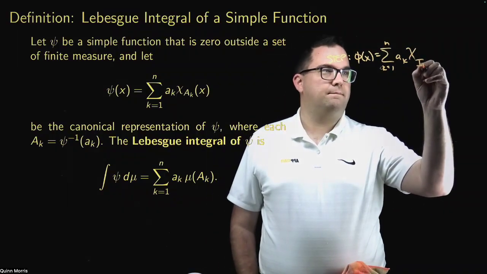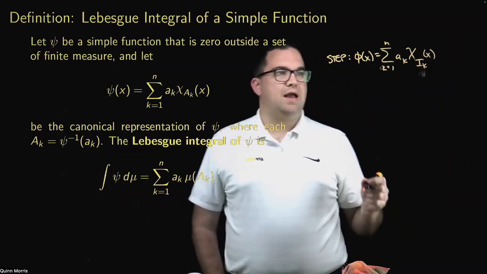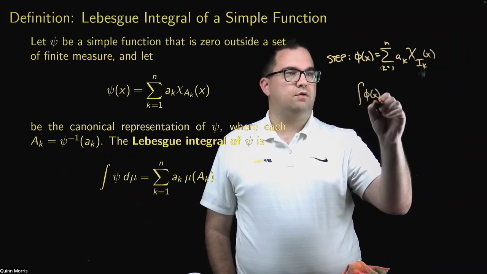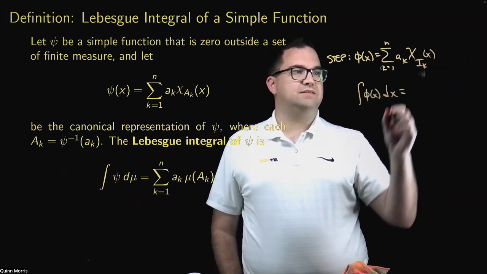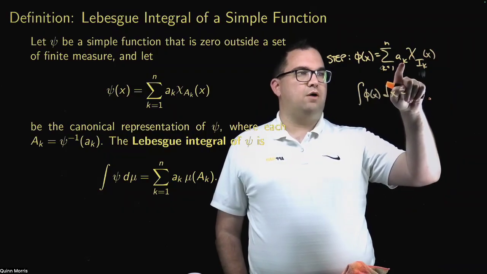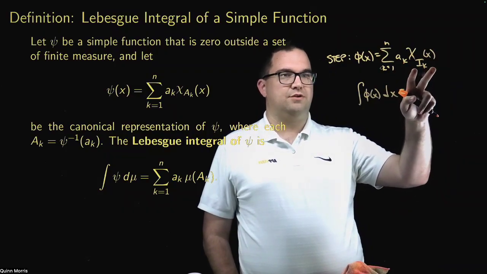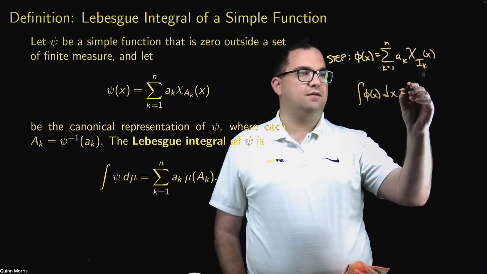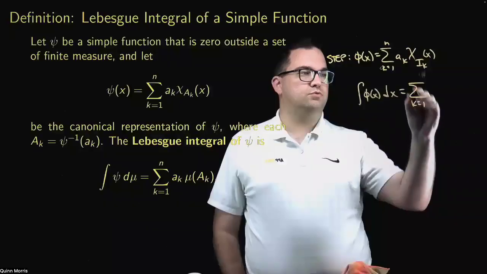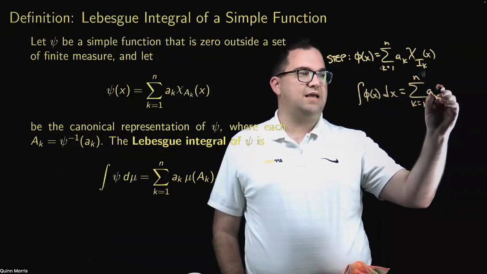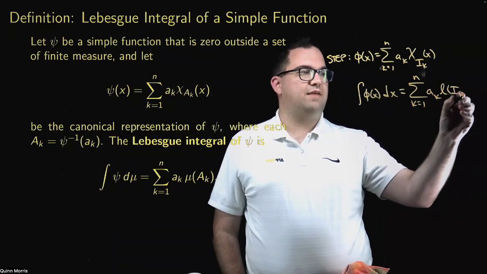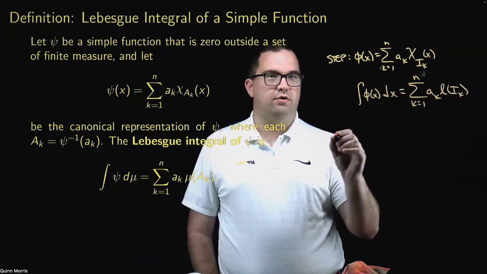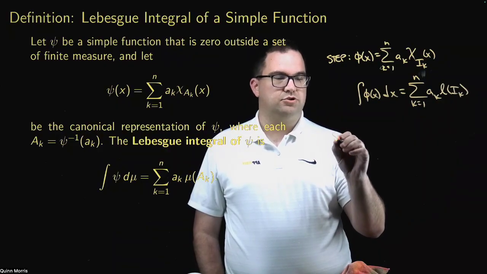That's what we did earlier. And in that case, the Riemann integral of phi of x dx could just be expressed as what? Well, the rectangles in the integral have length of ik as their base and height ak. So you get a sum k equals 1 up to n of the height, which is ak, times the length of that interval. Well, now we're saying for a simple function,